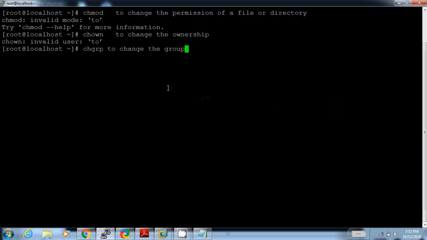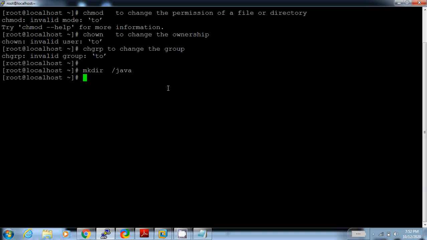Now I will take the example of chmod command. I am login with root and I create a directory /java. I check the permission with ll command.